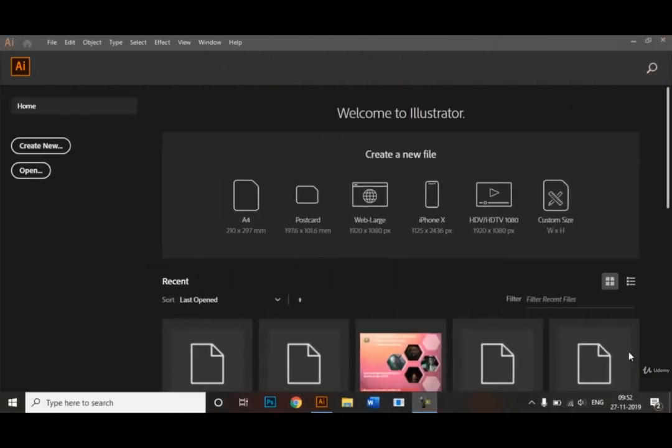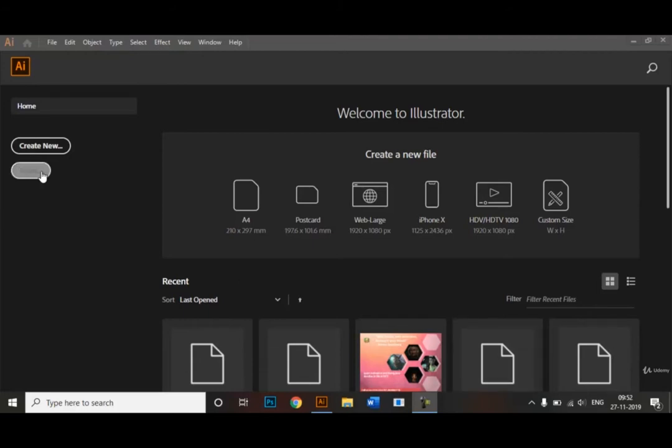Hi everyone, welcome to today's tutorial, and in this video I will be covering two types of tool, namely the alignment tool and the text tool. As the name suggests, the text tool helps you to add in text for your posters, for your thesis project, or for the catalogs that you're designing. And the alignment tool mainly helps you to align your text according to the work that you're doing.